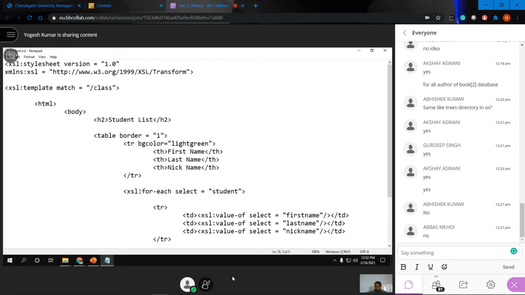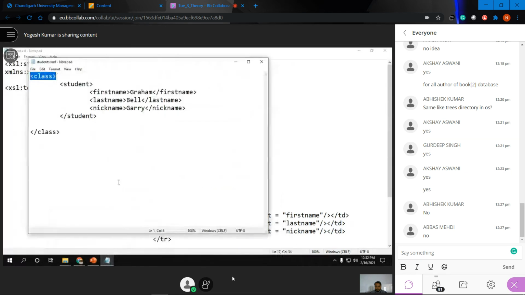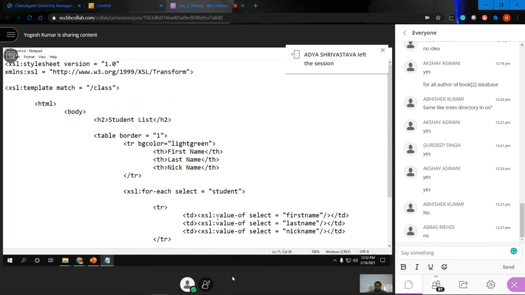You can use for-each within your XSL. So for-each select is equal to student. Within this file, we have student. And from student, what we need to get is value of select first name, value of select last name, value of select nickname.